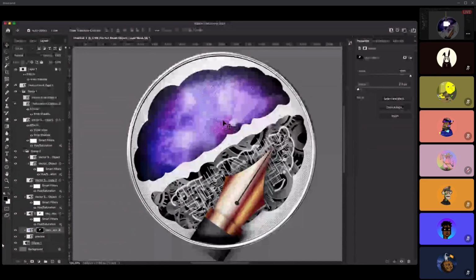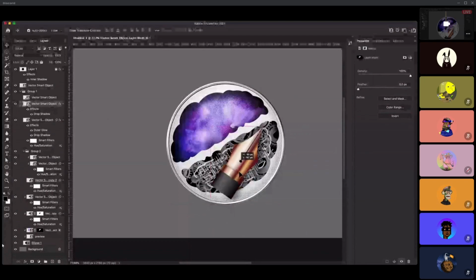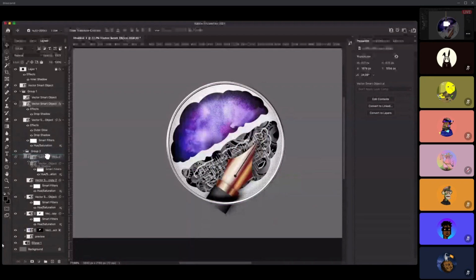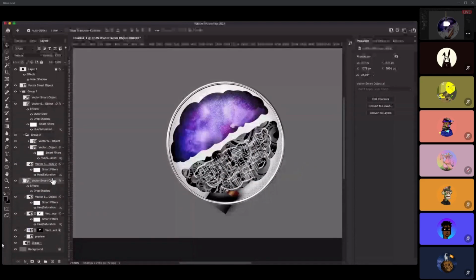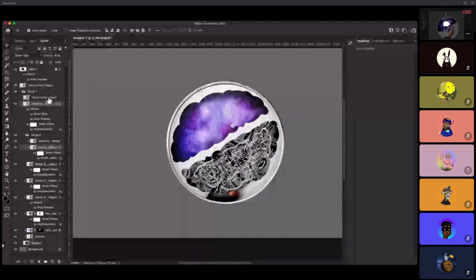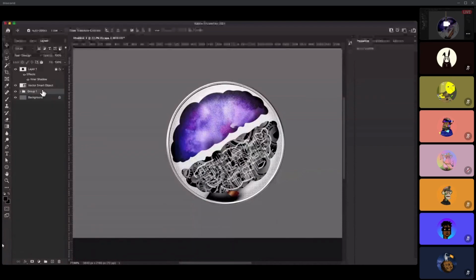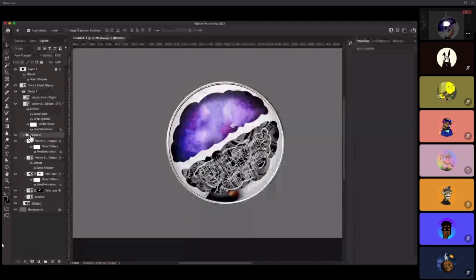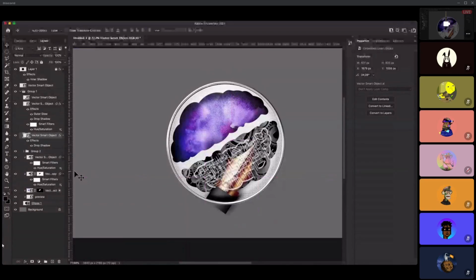So for example, now we have a bit of paint contained within this side and a bit of gears on this side. So far so good. But this pen is still coming out of the mask and I have to put it back. Like so. Oh, but now the order is different. Now we have this layer on the top and they should all go behind them. So for that I take this group. Should be above, like so.